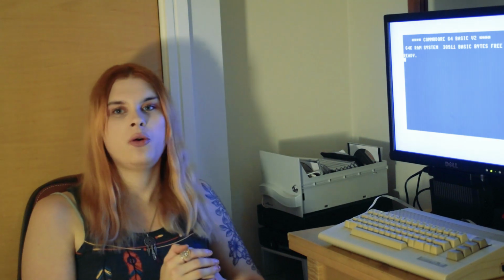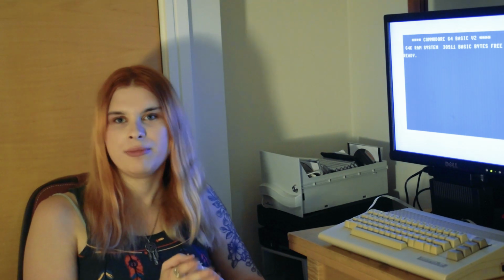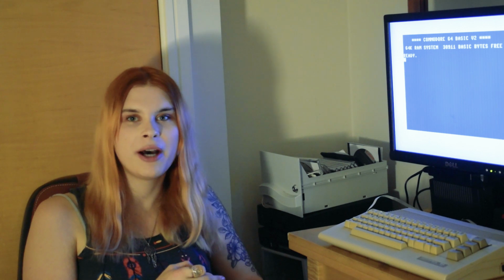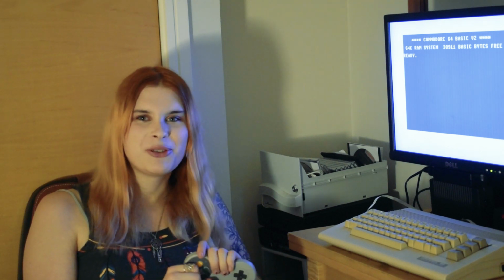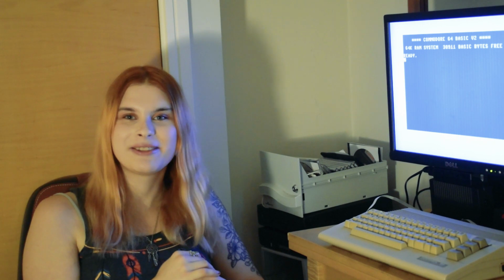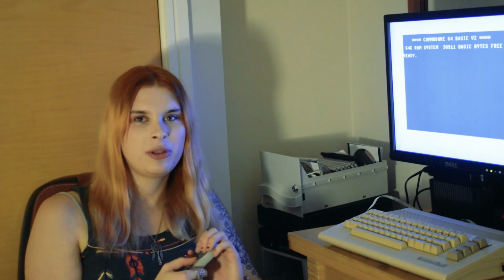You could get a whole bunch of different joysticks you can find on eBay. Some of them still modern, some of them pretty old and likely not made anymore, and you won't be able to find any that are in new condition, so they'll require at least a bit of a clean. But I wasn't very deep into the Commodore 64 ecosystem yet, and yeah, this means not very deep. And I decided that it would be best to opt for something that would let me use the things I